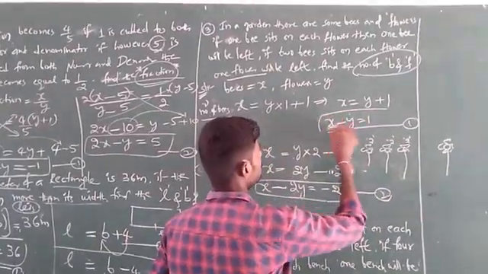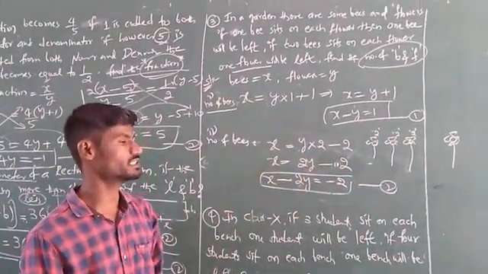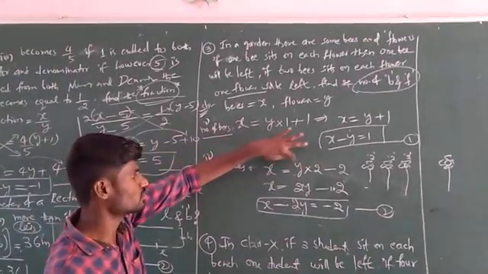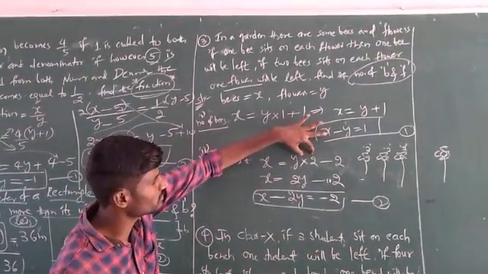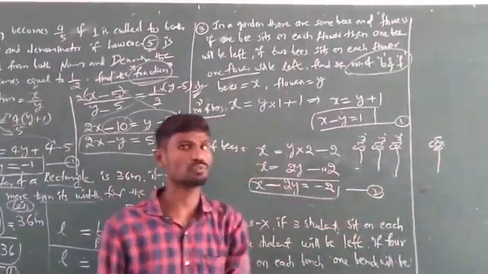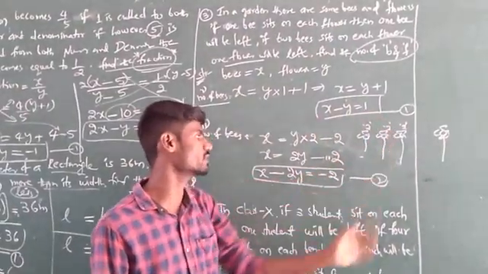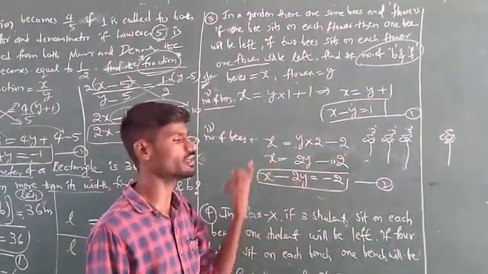So that is the first equation. Okay? So don't get confused in the second condition. The number of bees equals 2 bees sitting on each flower, and one flower will be left, which is nothing but 2 bees extra. Indirectly, 2 bees extra. If we subtract those extra 2 bees, that equals the number of bees.